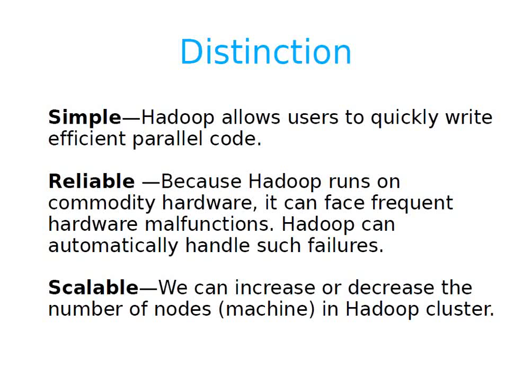In Hadoop, any commodity hardware means any machine which you are having at your home, that may be your PC, that may be your laptop, that can be used as a machine in Hadoop. So that is quite simple. As far as software is concerned, that is free of cost available. You can simply go to the Apache website, download it from there, and use it for your own purpose or for enterprise purpose.